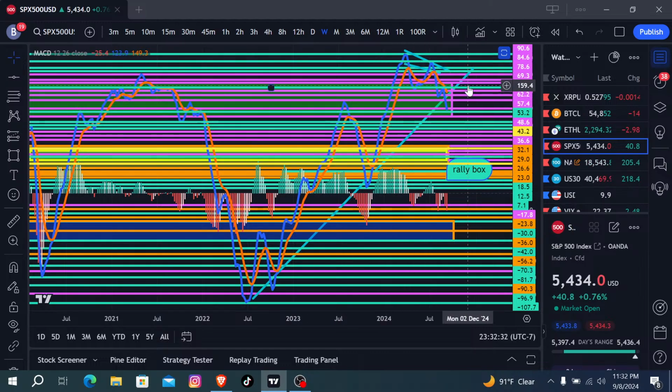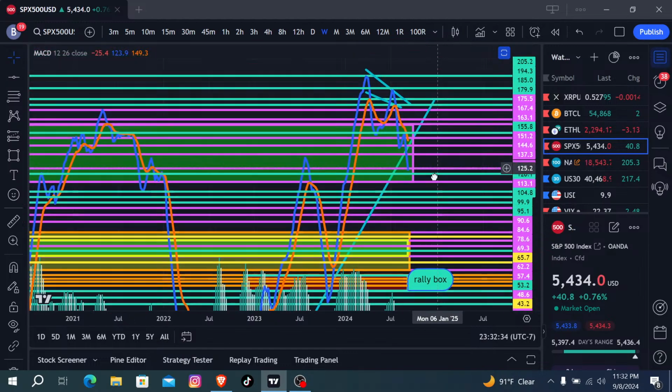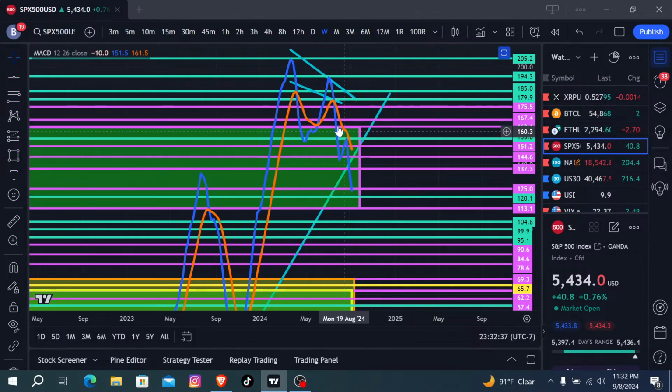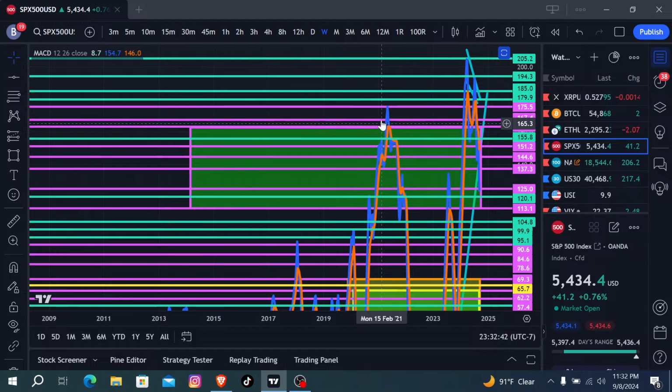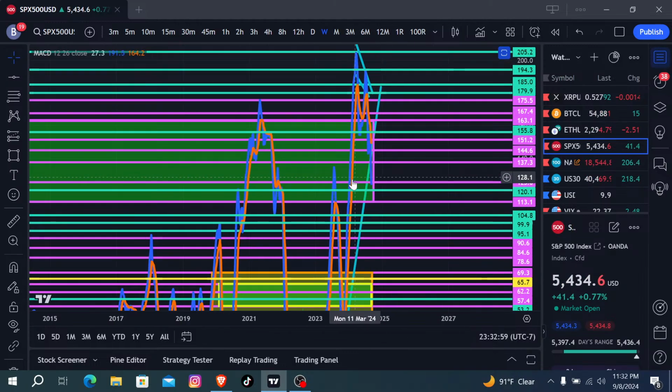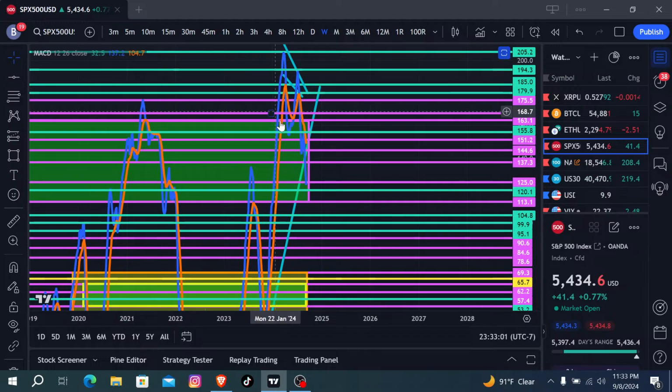respected it, bounced. And when I did this video, I was mentioning this area right here. Notice how in the past we never did crazy moves like we did in 21 when we had the big rally after this crazy drop from 19 to 20, I think it was. So anyways, the fact that we had this next crazy push on up and we did new highs, we actually created support above it. If you notice that right here,